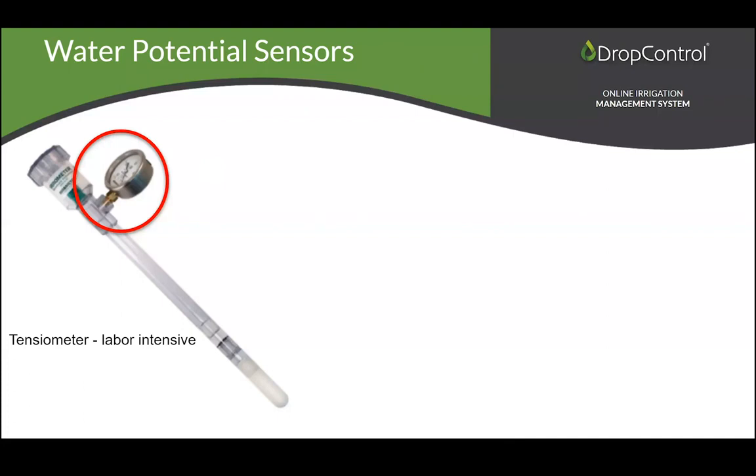And the main pro of tensiometers is that they work on the same scale for any soil type. So if you're working on that 10 to 100 centibar scale, regardless of your soil type, that's always going to be your scale. So it's pretty straightforward to understand the reading. How we connect to these tensiometers: that pressure gauge is basically transformed into a pressure transducer that will give us the pressure continuously